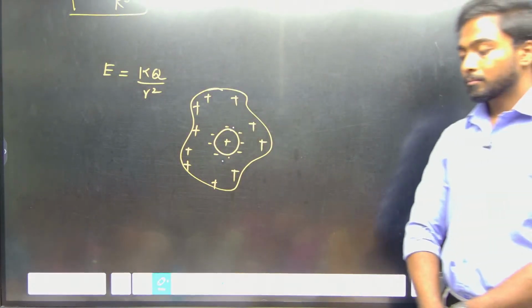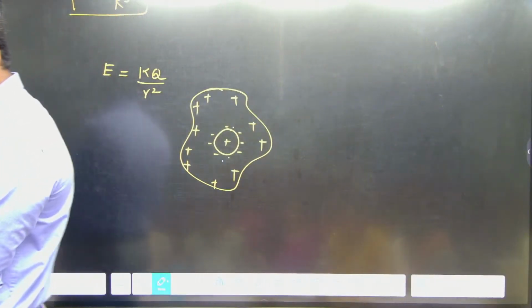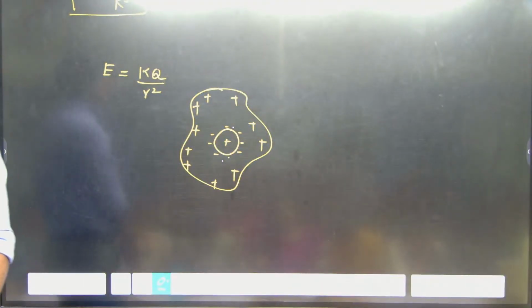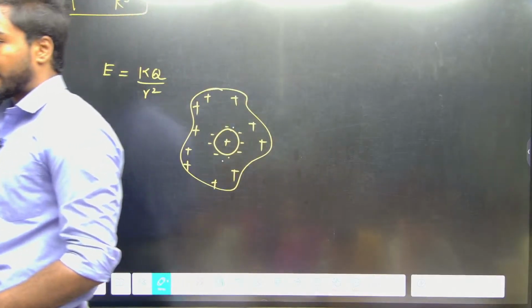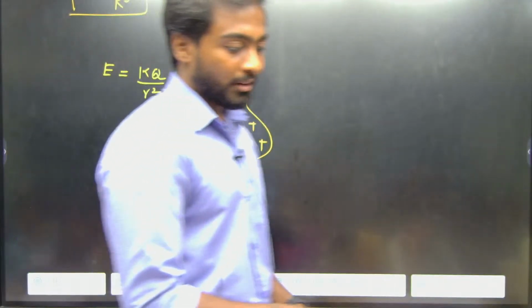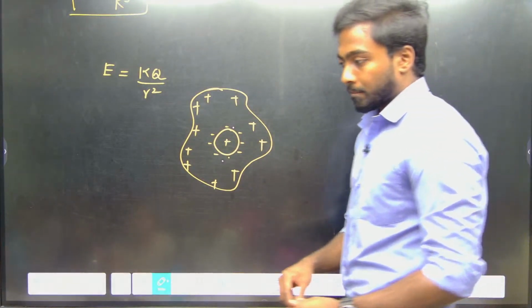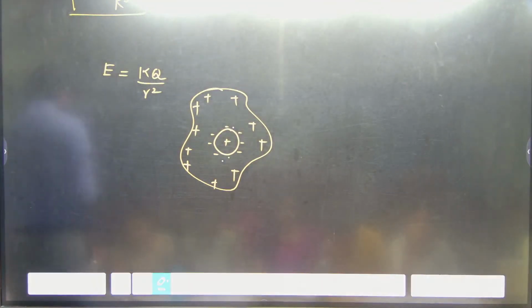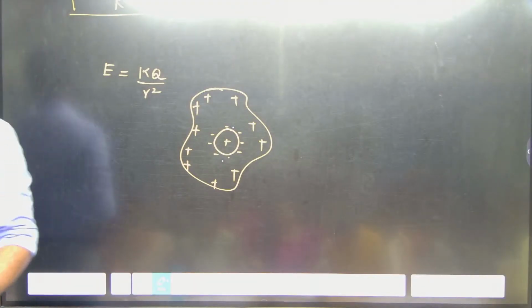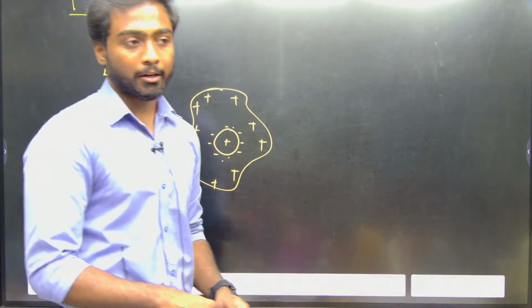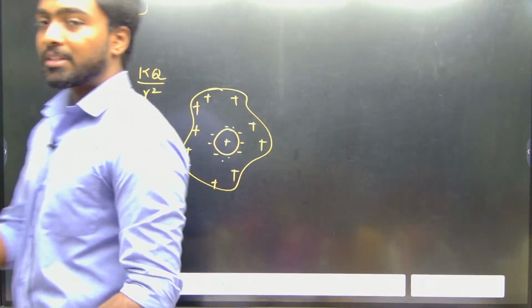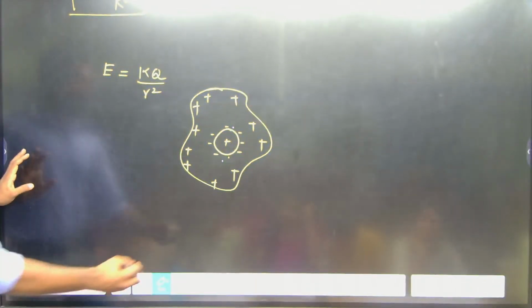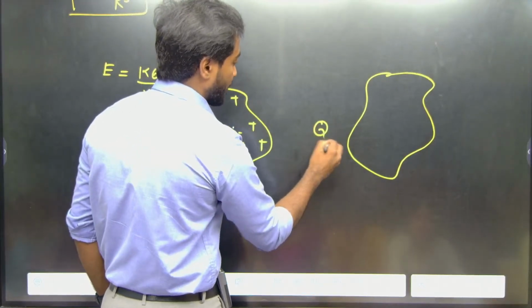The next point, if a charge is present outside a conductor, then charges are induced on the surface of the conductor. So by these two points we can understand that induced means nothing but some charges are there outside also, inside also. Okay, if I talk about this is my conductor,